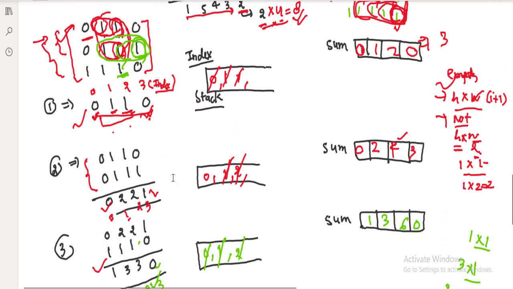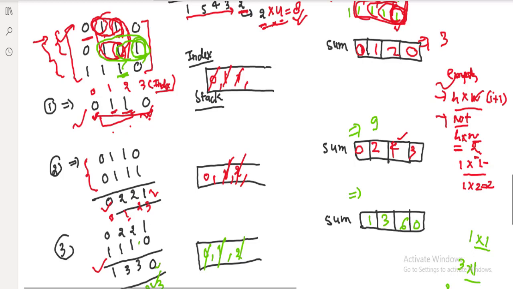Okay, so far what we have got is: here we compute the answer, and here also. So here the answer would be 2 plus 4 plus 3, total 6 plus 3, 9. Here comes 9.